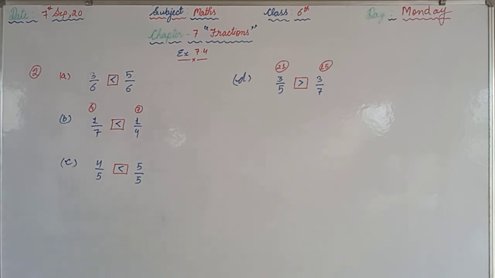In the next question, make 5 more such pairs and put the appropriate sign. Five more pairs of fractions you are supposed to prepare by yourself, and afterwards you are supposed to compare. In question number 4, the number line is given, the fractions are shown, and below, pairs of fractions are given, we are supposed to compare. In 5th part also we are supposed to compare. So up to question 5 you can easily solve, and this is for the homework: question number 1 part B and questions 3, 4 and 5.